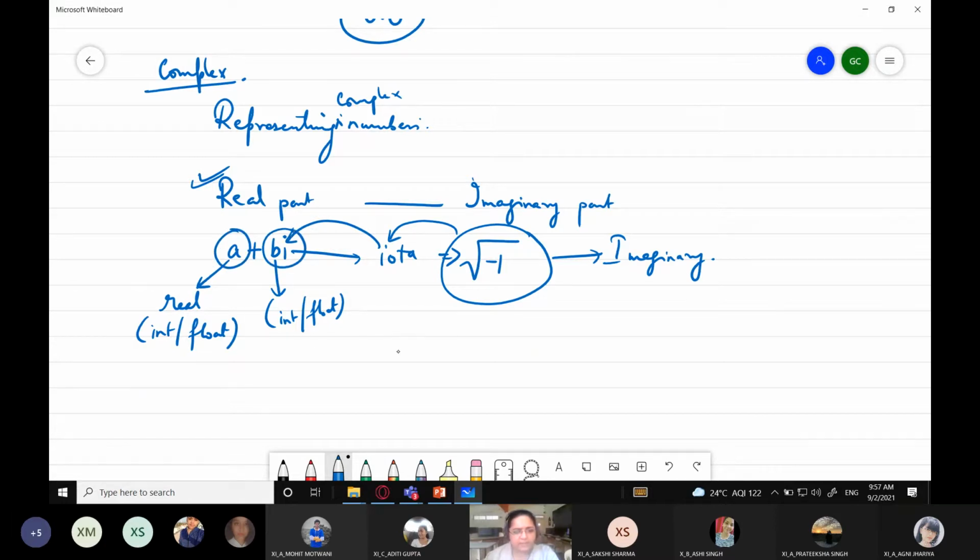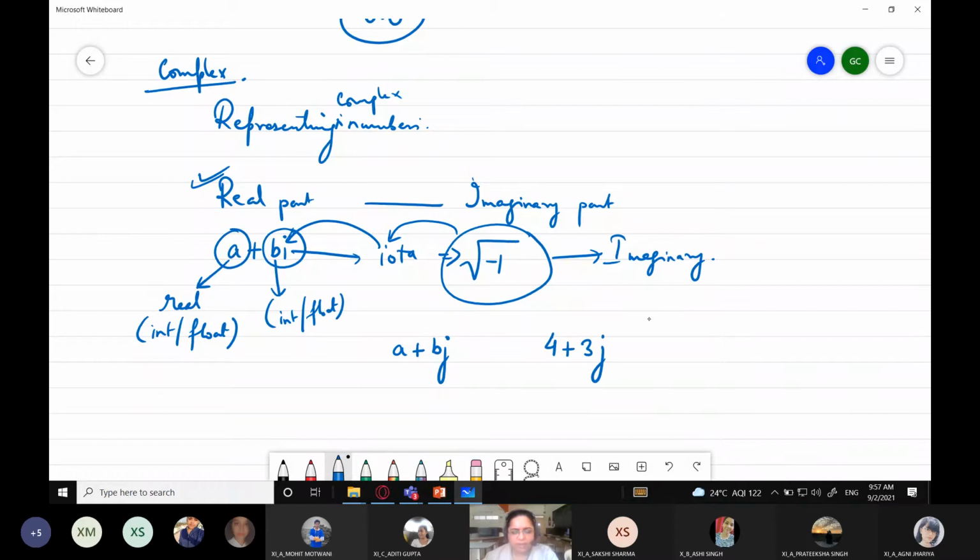And in Python, these numbers are represented like this: a plus bj. Instead of taking this i, they have taken j. So a plus bj. Any complex number literal like 4 plus 3j is considered.